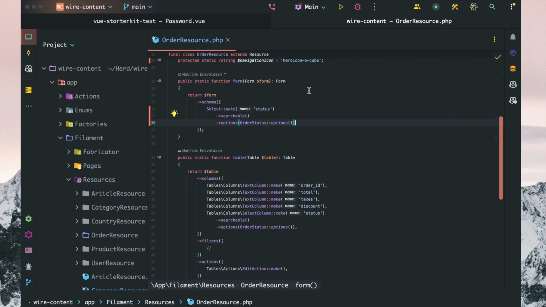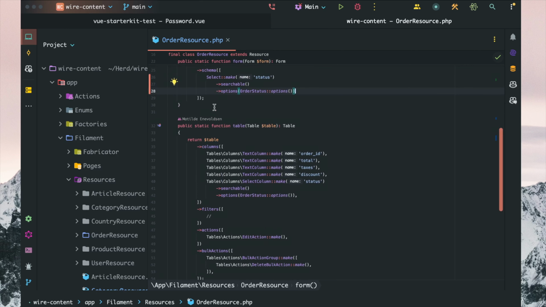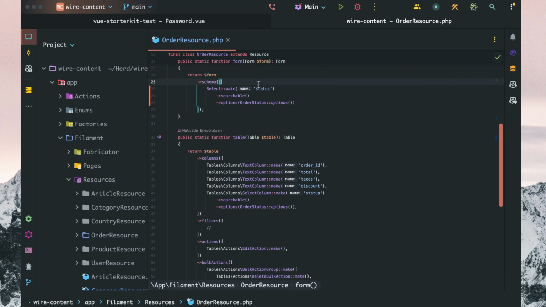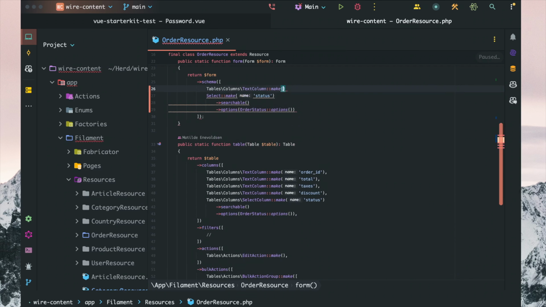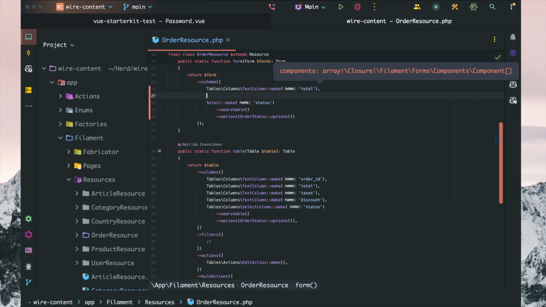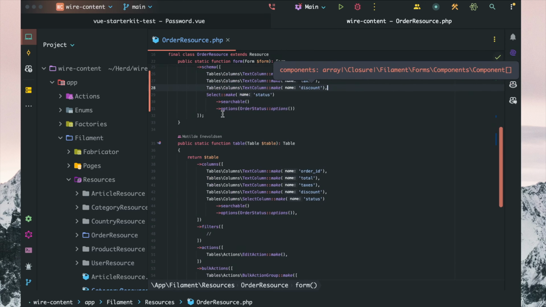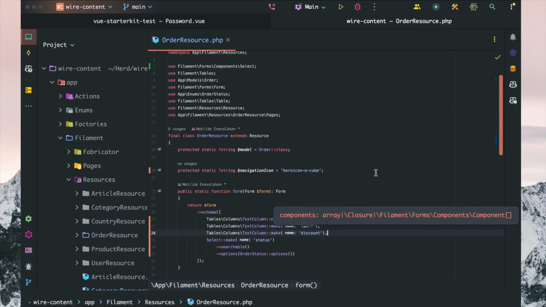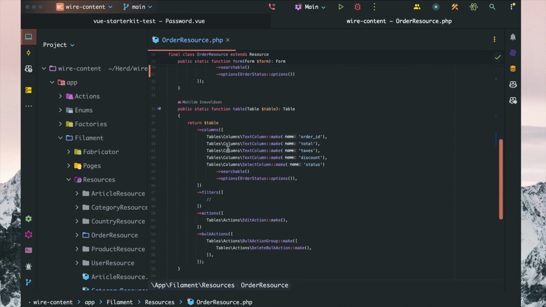We also, in this case, may want to be able to edit the price in case we are changing the discount or something like that. So we could say total, taxes, and discount. Now we would need to obviously refund the buyer and make a function later on if you wanted to do that, saving it and then refunding the buyer. But for now, if you wanted to edit any of that,